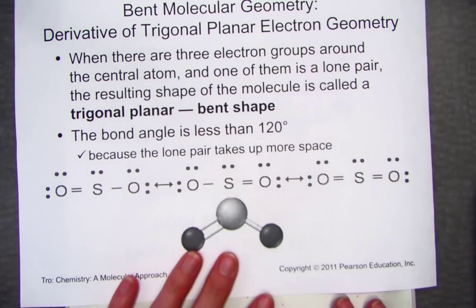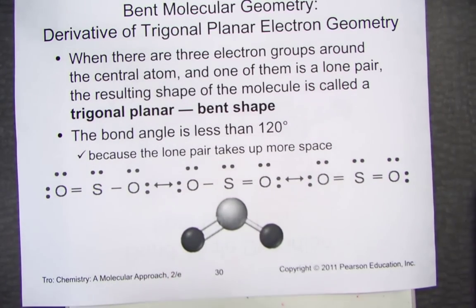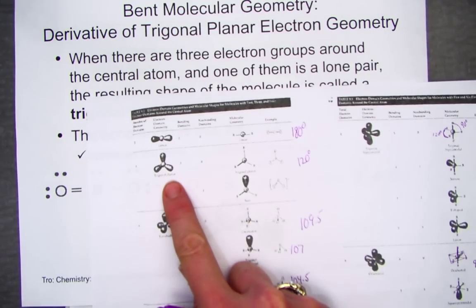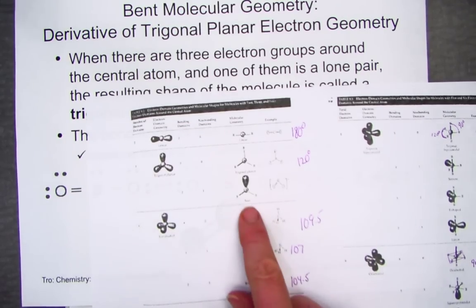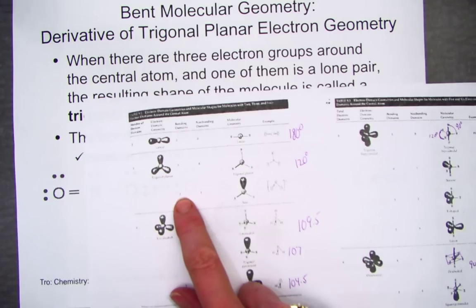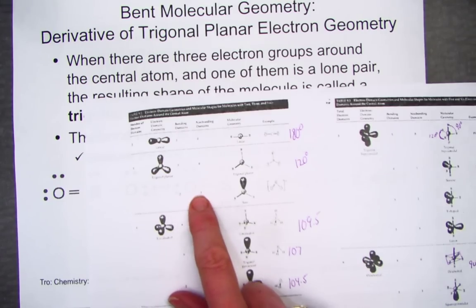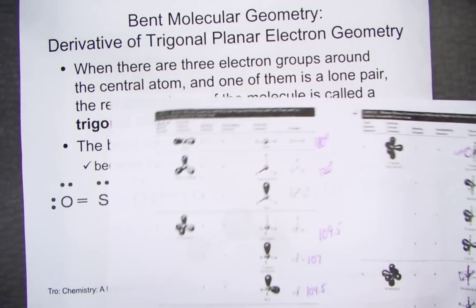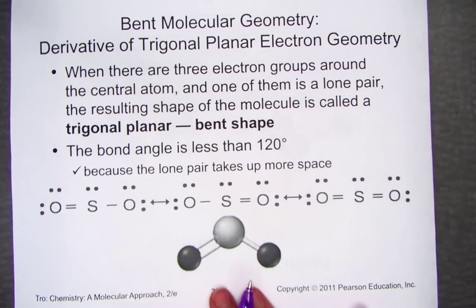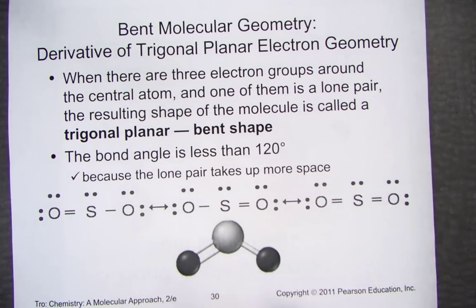And that's what we've shown here. A derivative of the trigonal planar geometry is the bent molecule. If 2 of the 3 electron domains are bonded and 1 is non-bonded, we get a bent molecule. And the bond angle changes a little bit. So if I think about trigonal planar being bent, that means 2 are bonded and 1 is unbonded in terms